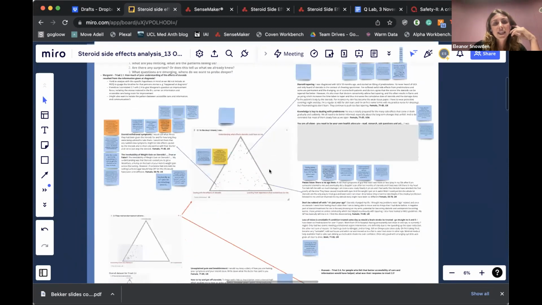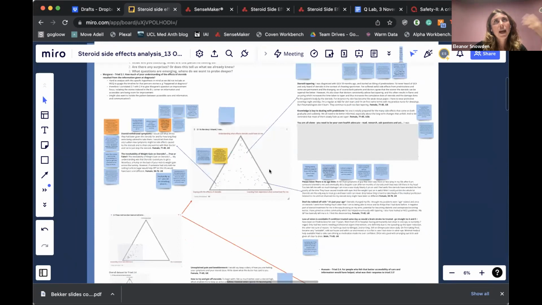So the way that we did this, because when we have a Sensemaker data set, when we've got stories into the hundreds or even thousands, because it's very much about looking at relationships between things, there's a huge amount that you can do. And quite often it's honing it down to say, what are the 2 or 3 specific things that we want to focus on with this particular group or with that particular group? And there's various different configurations of workshopping that you can do there depending on who you need to be in the room. And in this particular instance, once we'd had a look at the overall data,